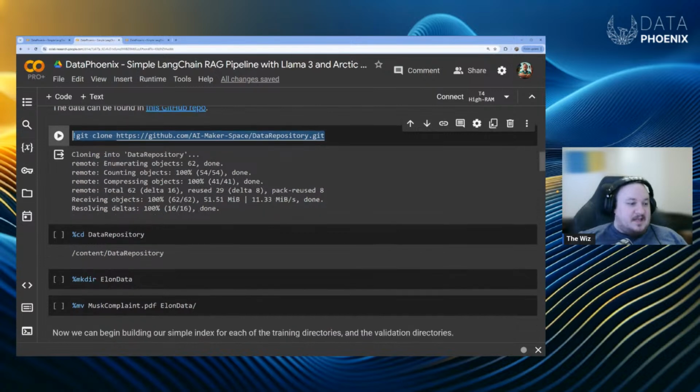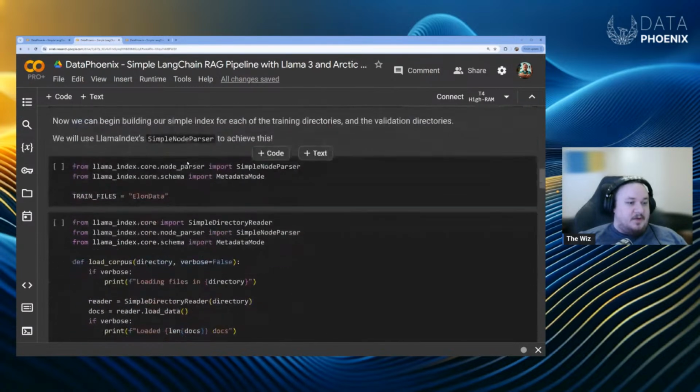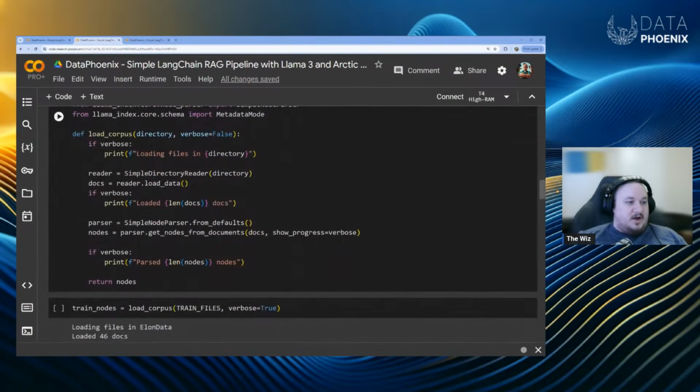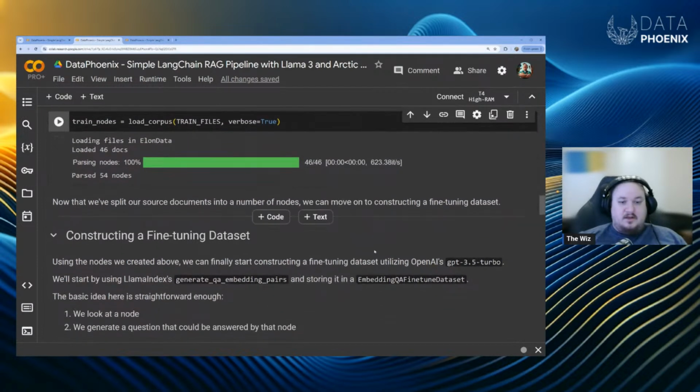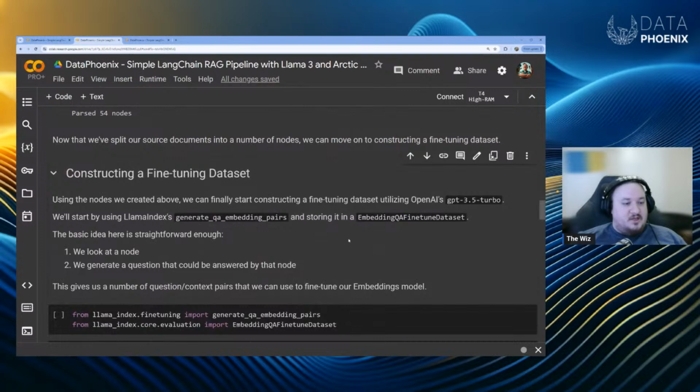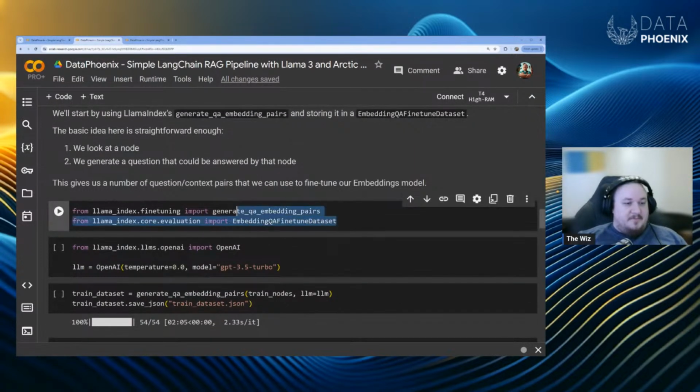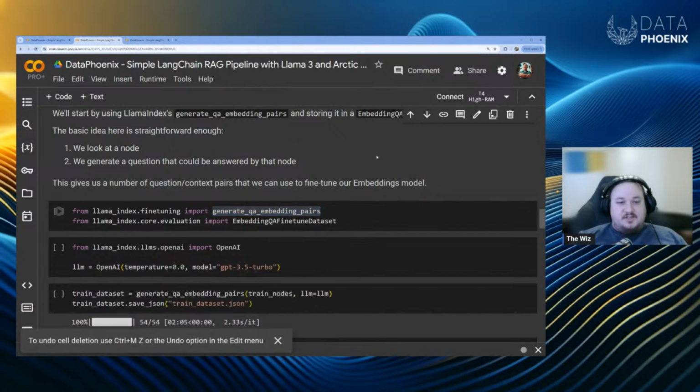Then we're going to grab the same data we did before, which is Elon Musk complaint data. We're going to go ahead and load it. We can see that we have 54 nodes worth of data. Remember, in Llama Index, node equals document, from the rest of the different NLP domains. Then we're going to grab their generate QA embedding pairs, which is going to surprisingly generate QA